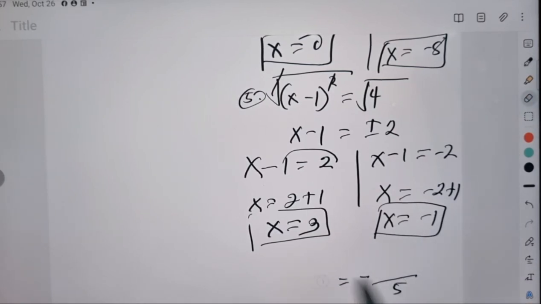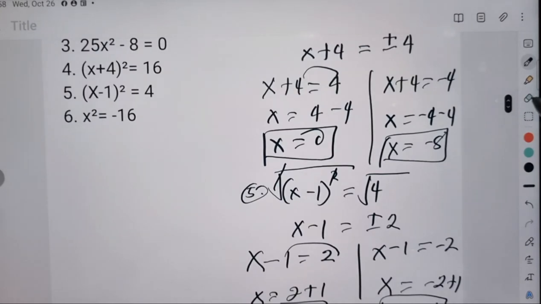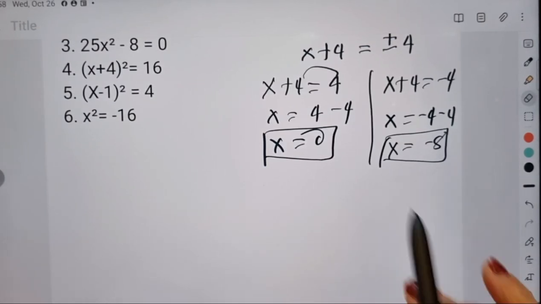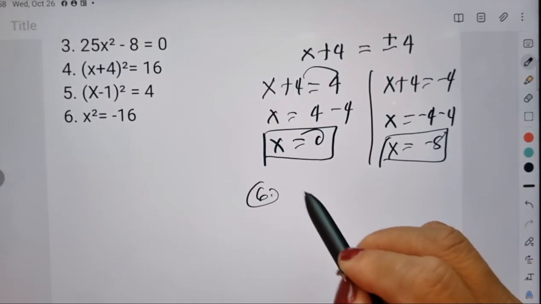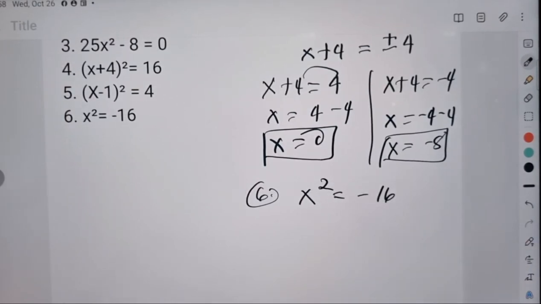So, ganun lang kadali kung paano mag-solve ng quadratic equation using or by extracting square root. But hindi naman kasi lahat pwede nating isolve in this method. Okay, now look at number 6. Sa number 6 natin, okay, erase natin yan. Sa number 6 natin, tingnan natin yung value of c natin dito is equal to negative 16. Negative. Okay, ang c natin ay negative. Ano nga ulit mangyayari? Meron tayong dalawang